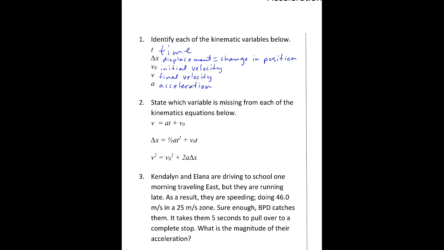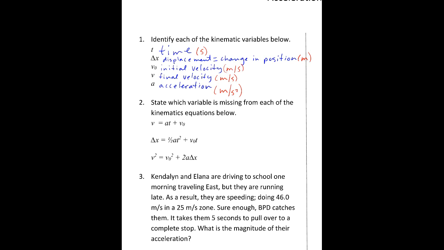And real quickly, I know the question didn't ask this, but I'm going to go ahead and identify the units for each of these. Time is always going to be measured in seconds, or your answer should be reported in seconds. Displacement is going to be meters. Initial velocity, meters per second. Also final velocity, meters per second. And acceleration is going to be meters per second per second, which a lot of times you'll see written as meters per